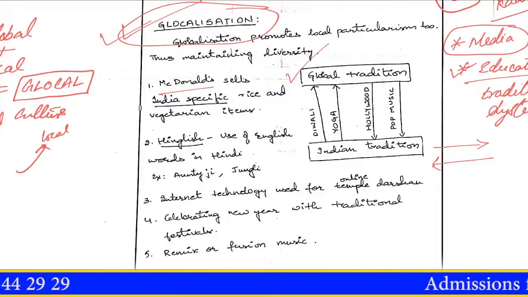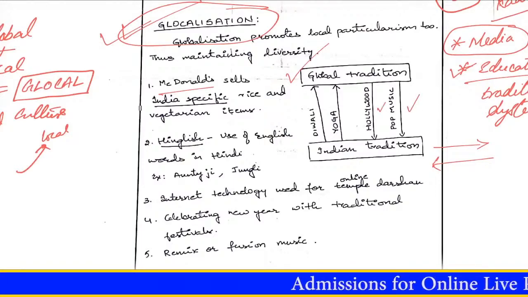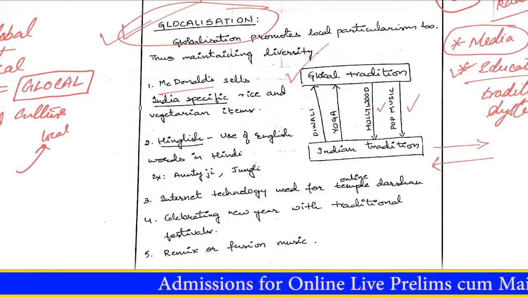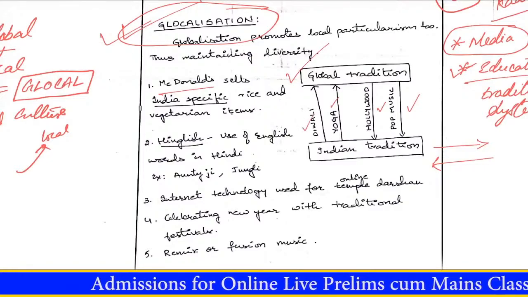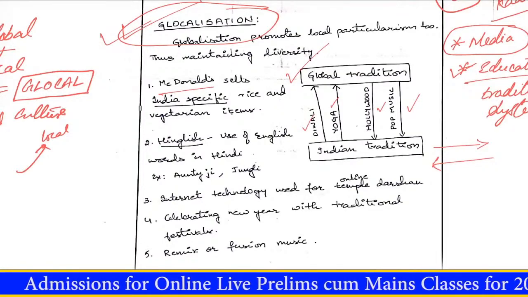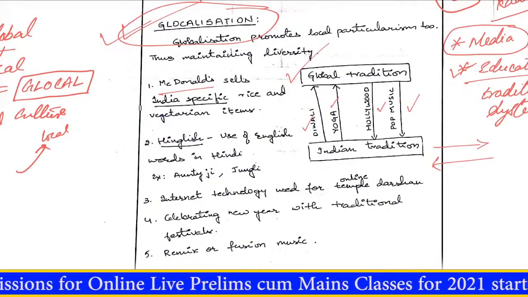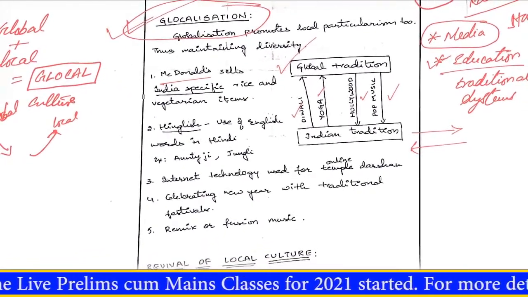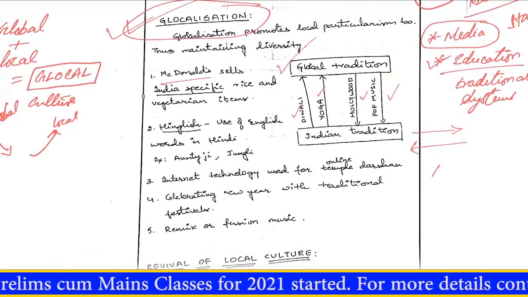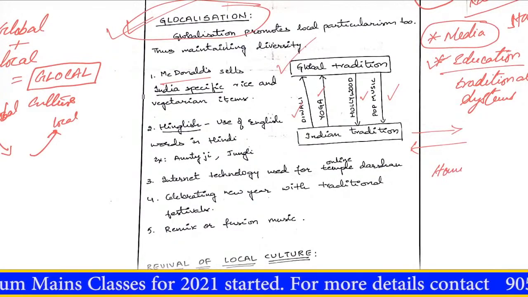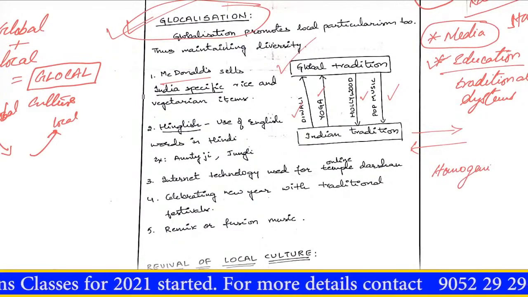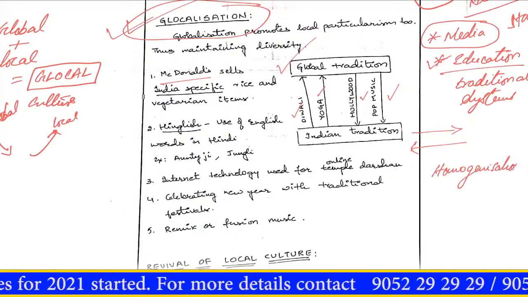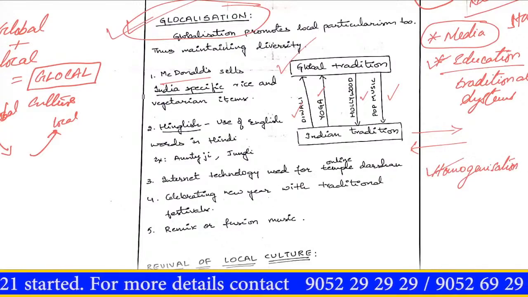For example, from global, India learnt things like pop music, Hollywood. But from India, what have we given to the world? We are trying to give yoga, we are trying to give our spirituality, our cultural activities. So this is how this interaction is two-way. It should not be considered as one way. This means that the first point we made, that globalization is not leading to cultural homogenization because of this reason,